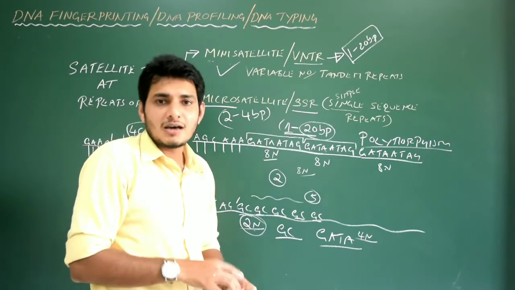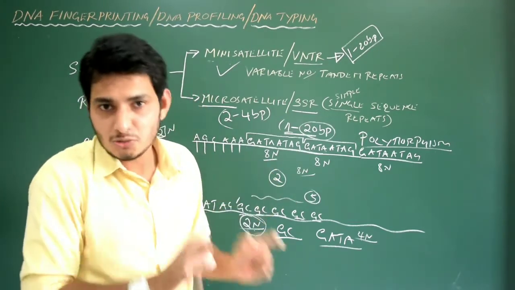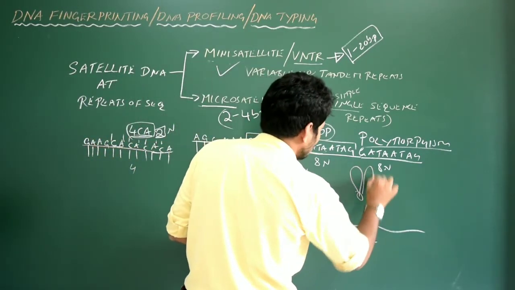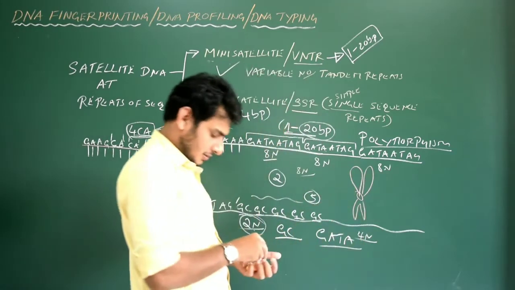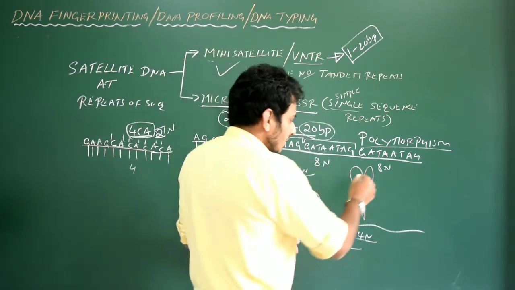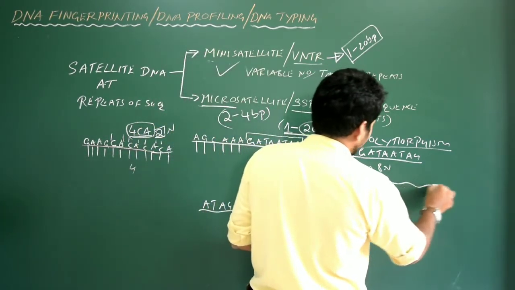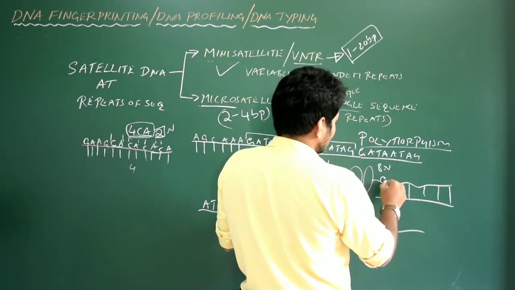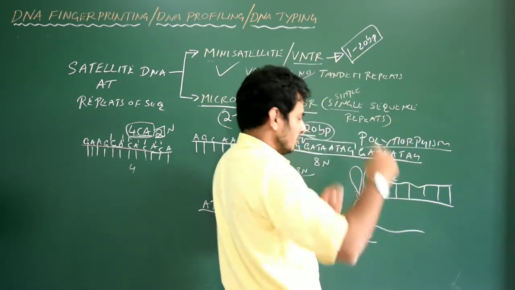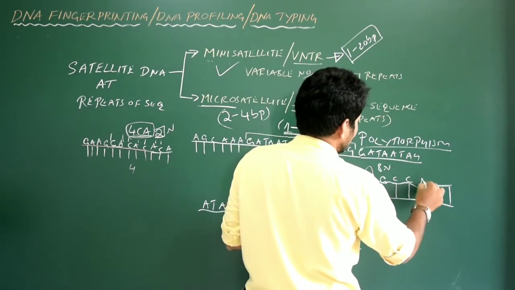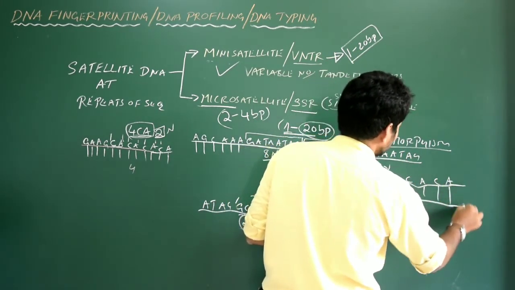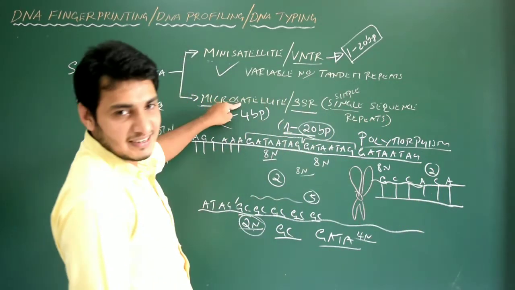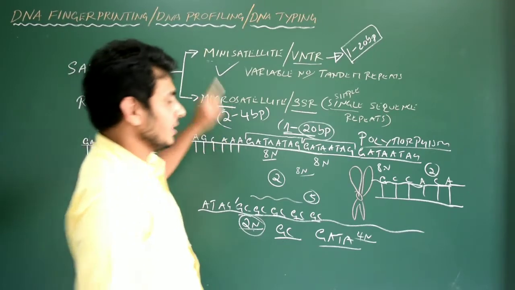These 2 satellites are seen in all the individuals. This is very important. For example, if I take chromosome number 1 in my body, let us say, okay, let me just unwind it and you are going to get a long stretch of the DNA here. Let me just write here GC is there, some other sequence, and here let us say CA is there, which is now repeated 2 times. So CA, which type of satellite is it? Microsatellite, because it contains 2 base pairs.